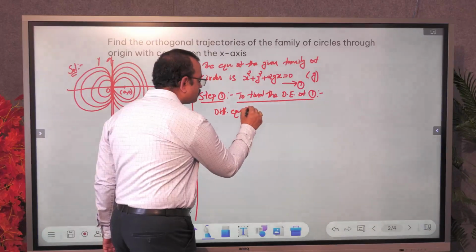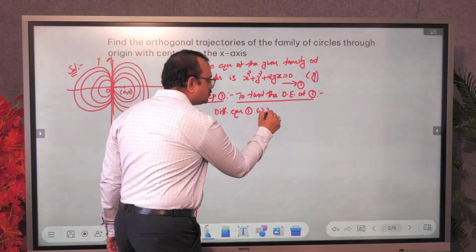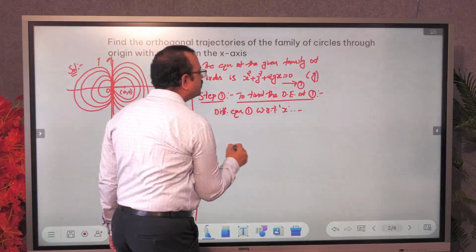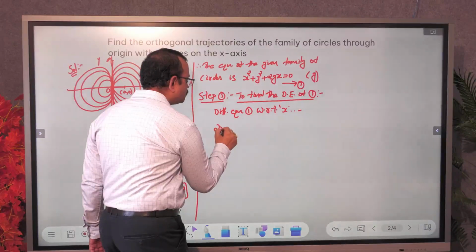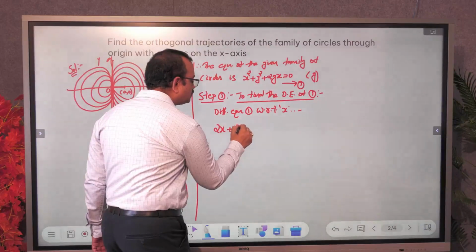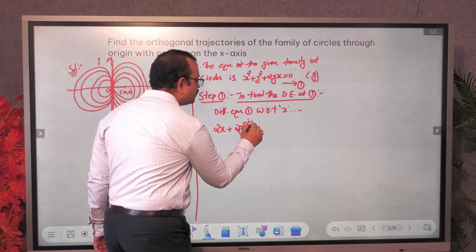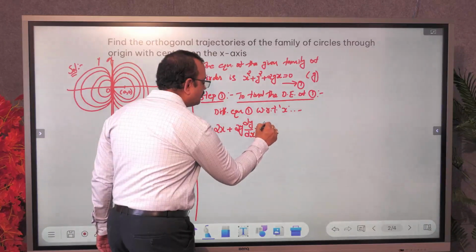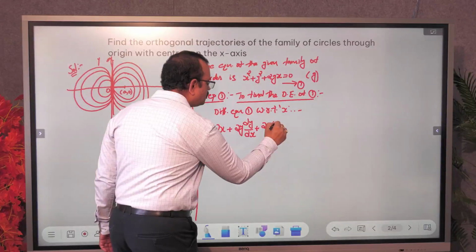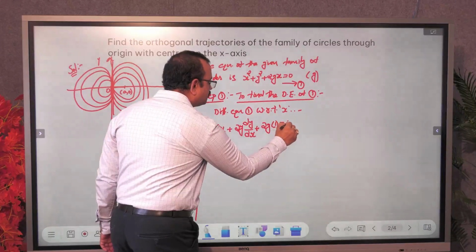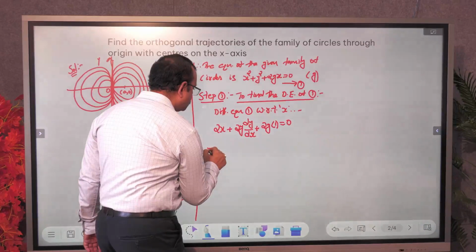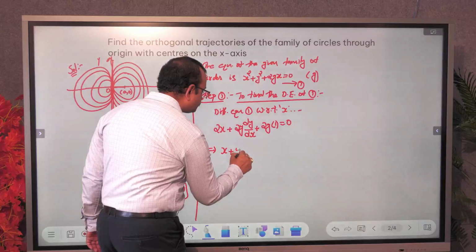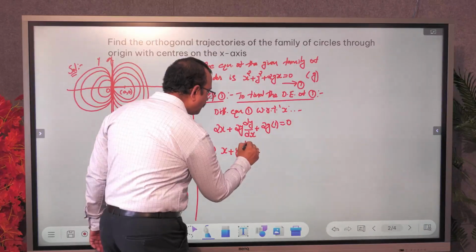equation 1. Simply I am writing like this. With respect to x on both sides, we get the derivative of x square is 2x, the derivative of y square is 2y, but since we are differentiating with respect to x, it is 2y into dy by dx, plus the derivative of 2gx, where g is a constant, is 2g, equal to 0. This implies, cancelling 2 on both sides, we get x plus y into